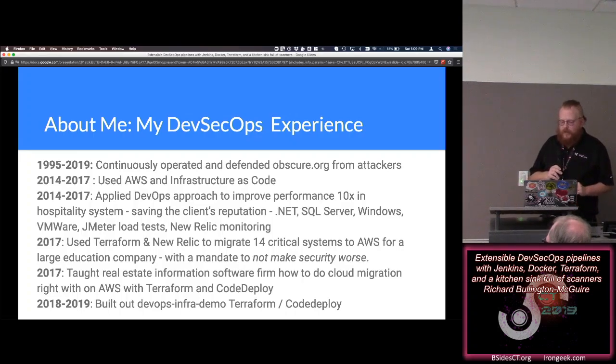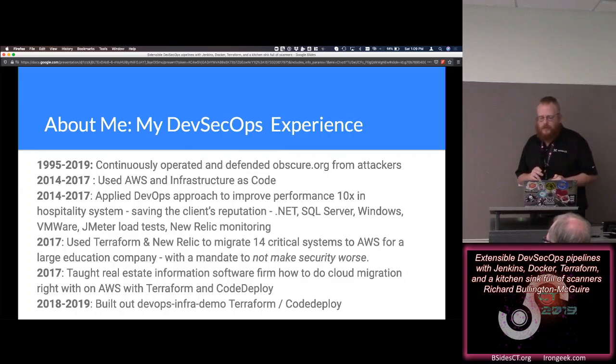In 2017, the scale of the challenges that I got to tackle got much larger, and I helped a large education company migrate their 14 mission-critical applications from a data center environment where things were managed with Puppet over to AWS, and it used a stack that was similar to the one you see here. More sophisticated in many ways, but it's very similar in concept. It has Jenkins, it has CodeDeploy, it has Terraform, it has task runners. So this kind of thing is a very reasonable way to